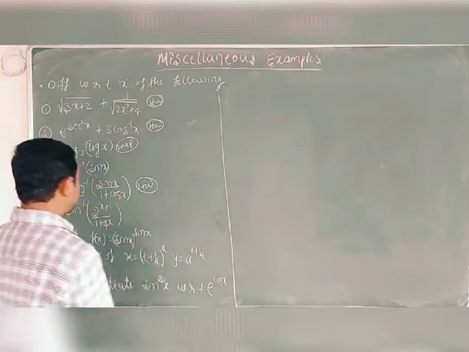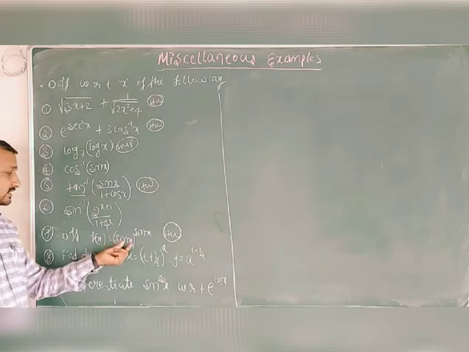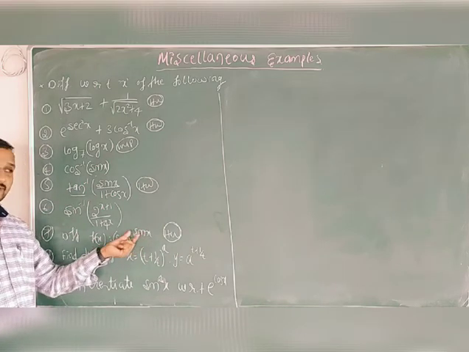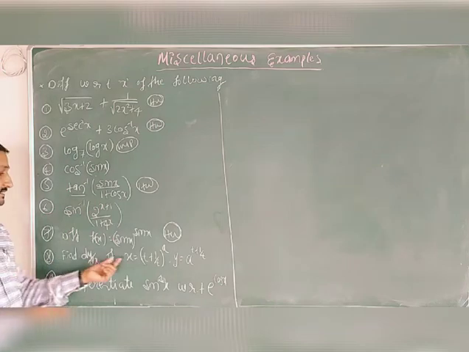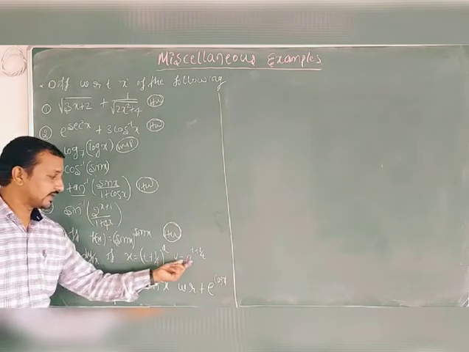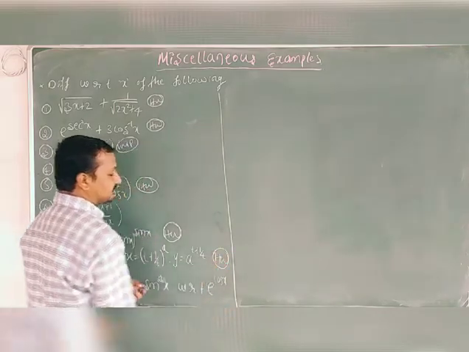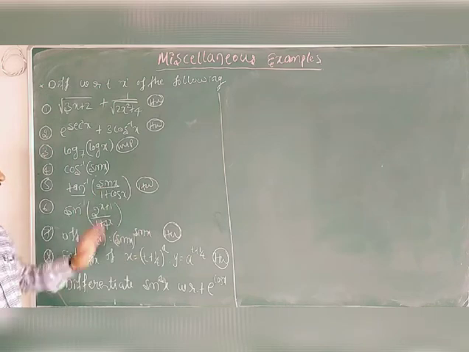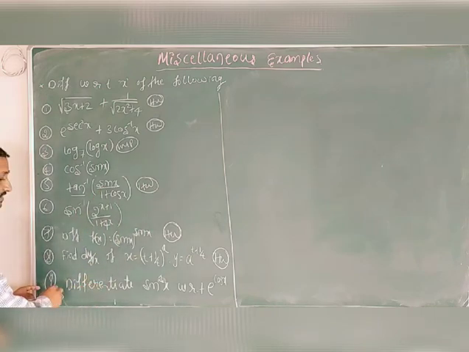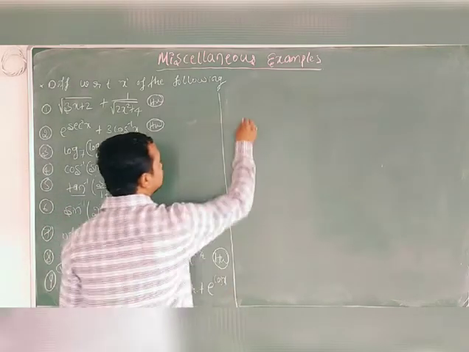Students, the 7th one is logarithmic differentiation. So for function raised to function, apply log on both sides and you will get the answer. Here, find x equal to and y equal to; this is the parametric part. So here also you can solve this example. But I will solve some important examples. So the 9th one is very important, a very important 3 marks example. I will solve the 9th one.